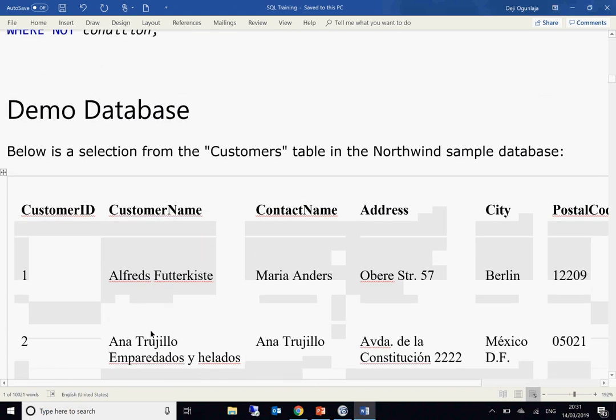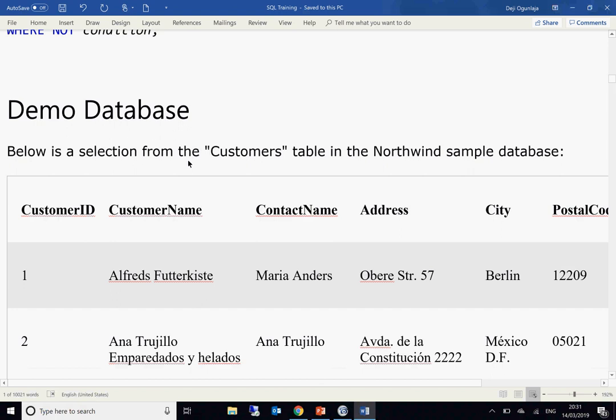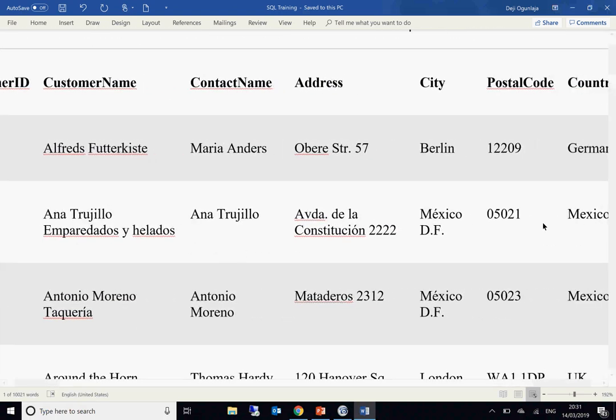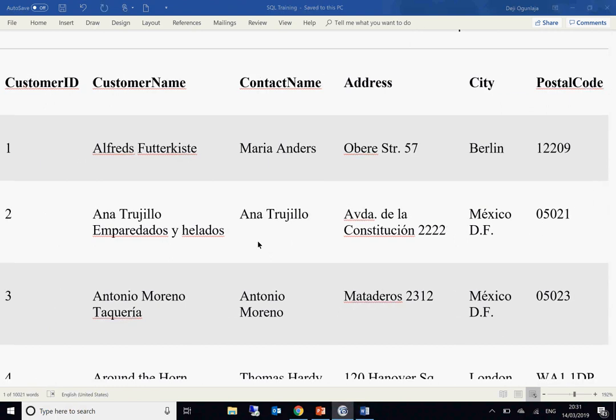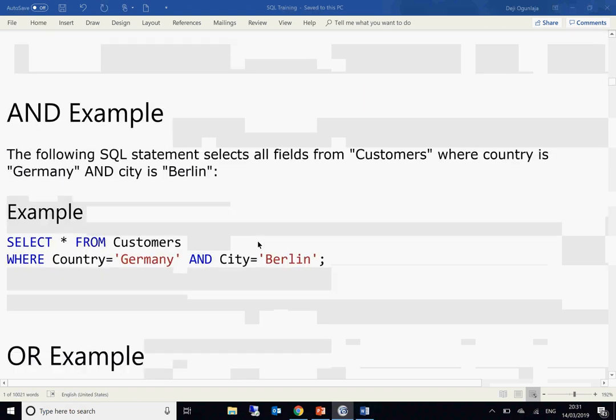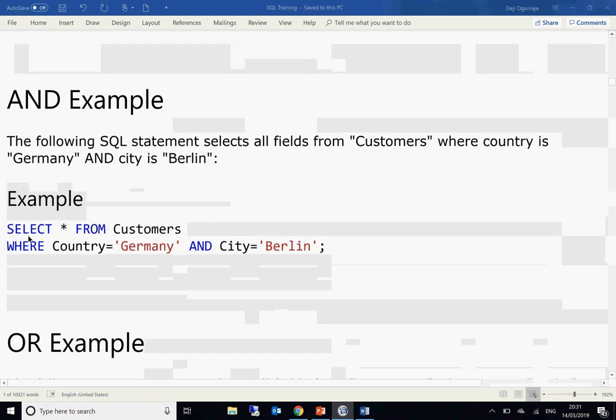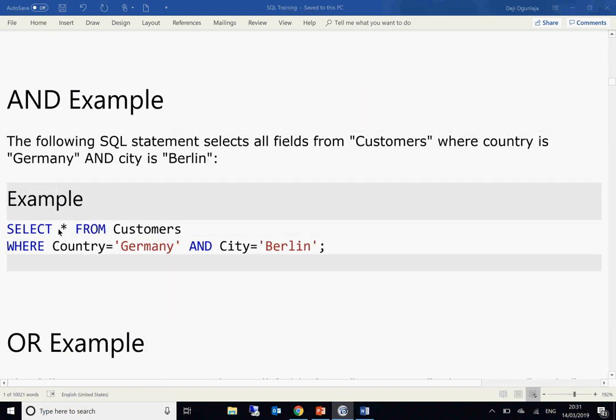So let's do some examples, right? We're going to use the same table right now. You should be familiar with the tables that we are using, the customer table with the same data that we have. Right now we're going to say select. As you know now, the star is everything. So select all the columns from customer where country is equal to Germany